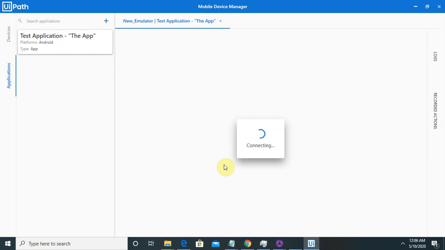Now it's connecting. You can also get a pop-up message on your mobile screen.